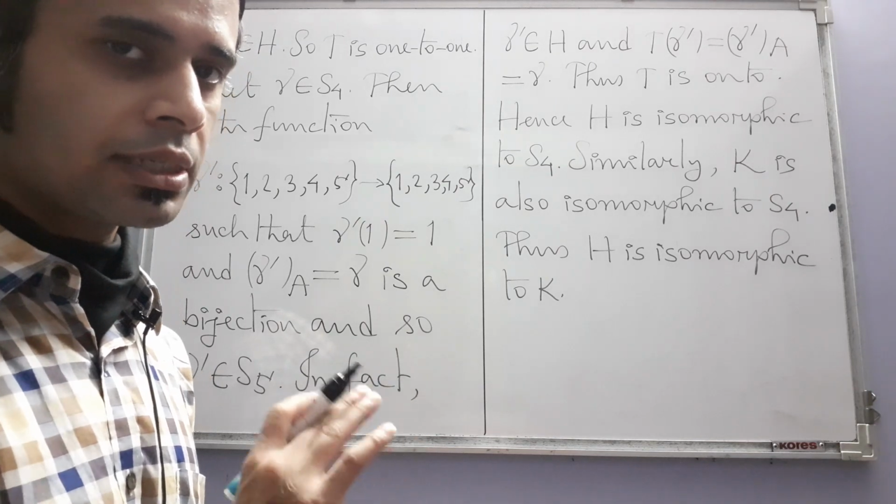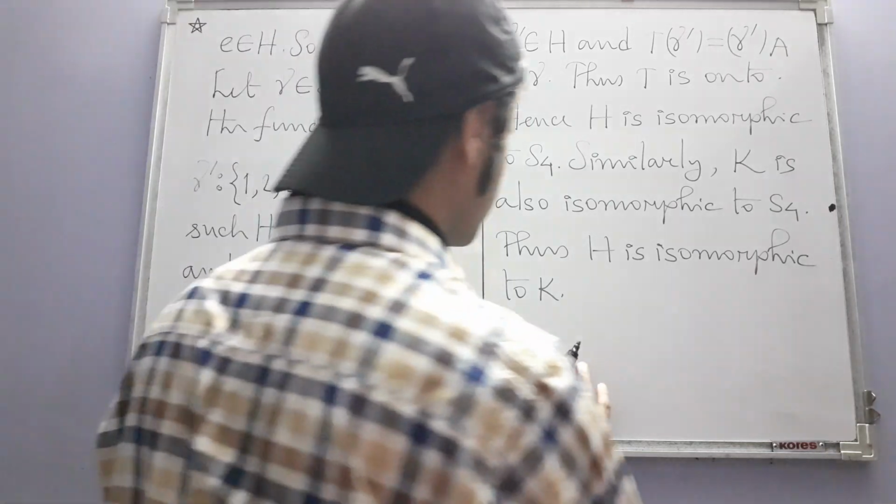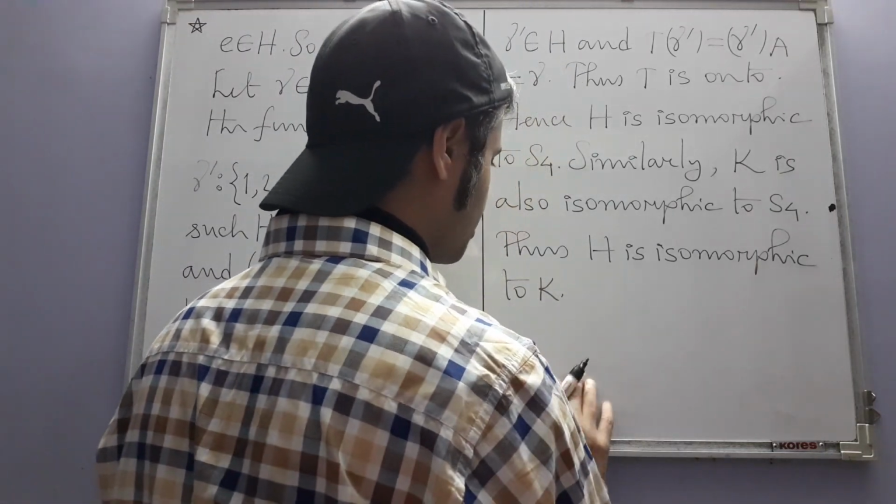Here the permutations are fixing 1, but there we have the fixing of 2. So that's how these two are isomorphic,